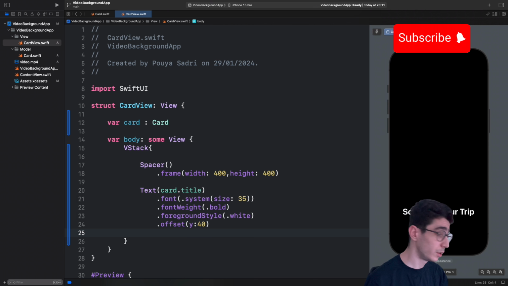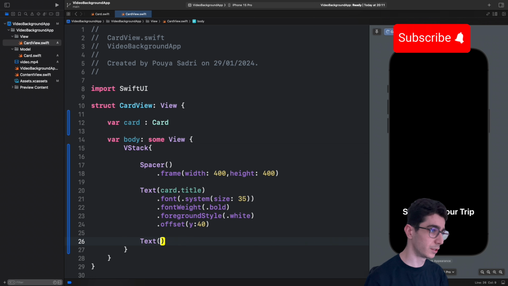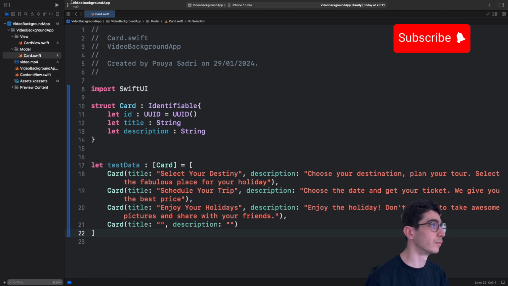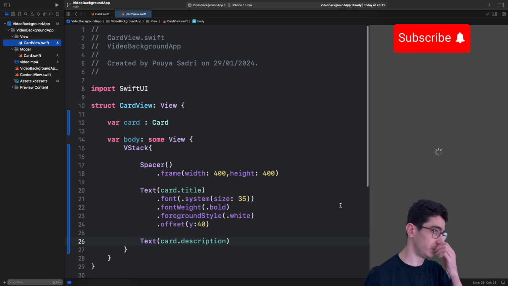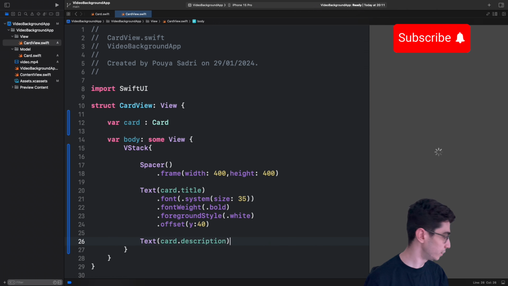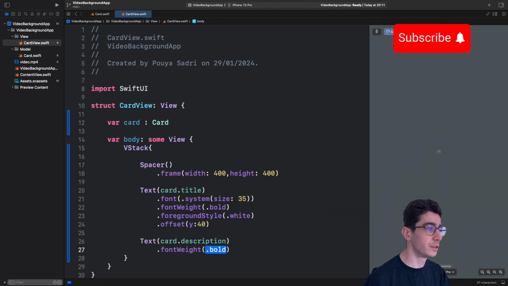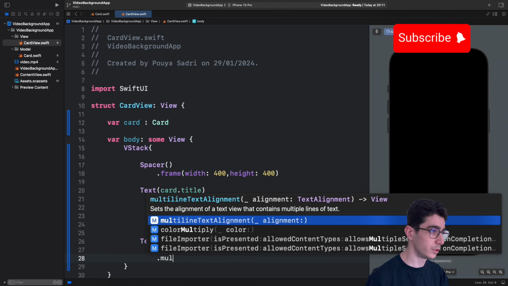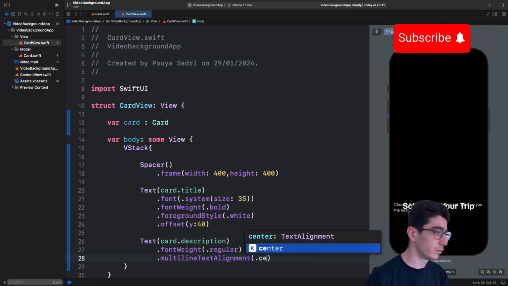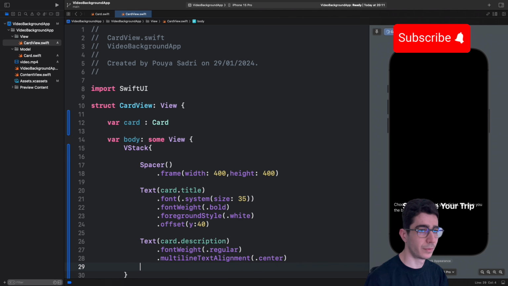Select your trip, and after that we have our description. So Text card.description. Sorry about that, I just missed it. So .fontWeight would be .regular, and multilineTextAlignment would be .center. Here we go, and the font